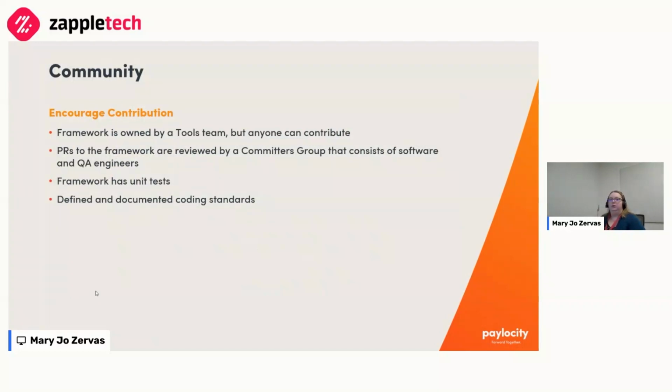Kind of to talk about our community that we have internal to our company. We encourage contribution to this framework. The framework is owned by a tools team that also manages our load test framework and some other test frameworks, but anybody can contribute to it if they have an idea. We established a committers group that reviews PRs that consists of some software engineers, some QA